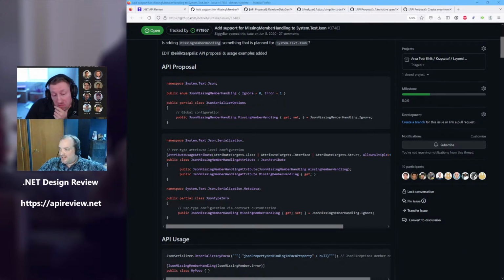Yeah, because I see this thing in the payload. I didn't recognize it, so I'm about to fail. The name is different than Newtonsoft.Json, but